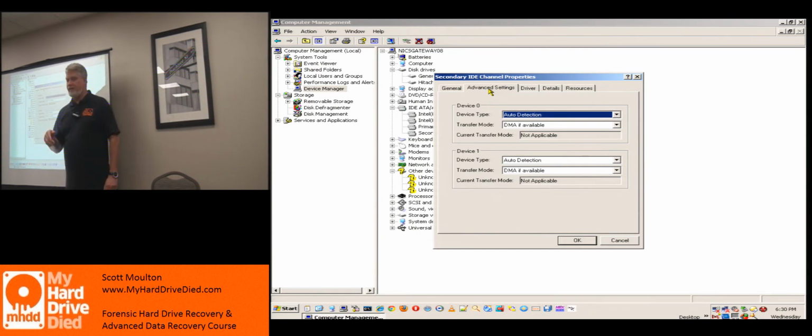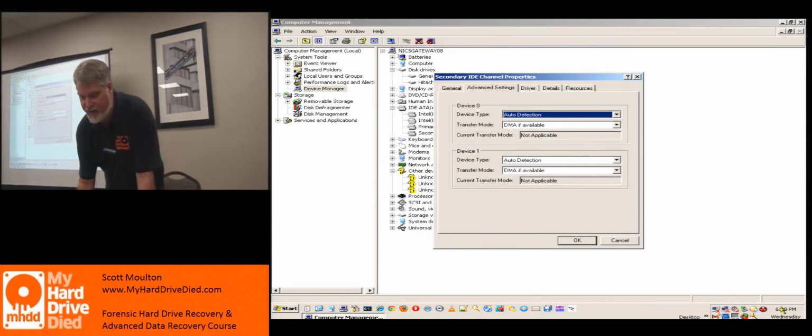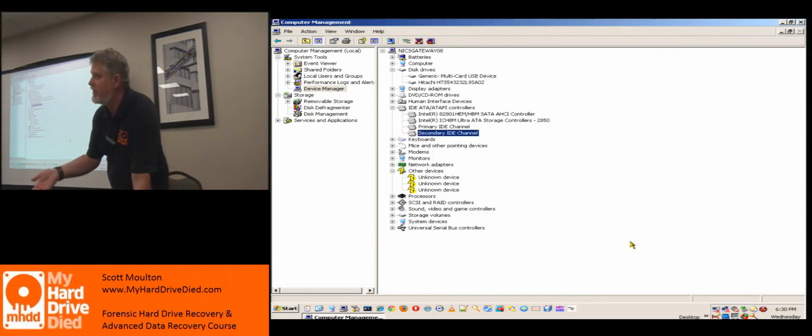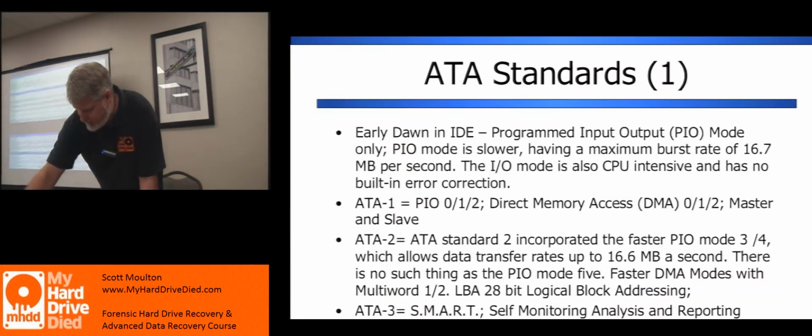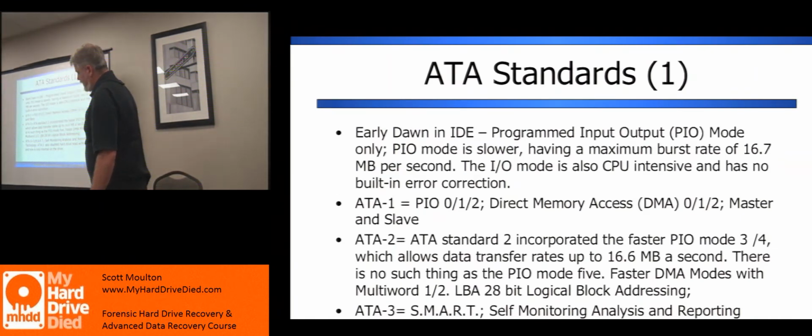Get my point? This is the whole point, these things exist. So this is the poor man's approach. Now if you're in Linux, you use hdparm. You can use hdparm to set your parameters, and you can switch to PIO mode. You just can't do it on your primary controller because you're booted on it. Okay? Everybody good? Long explanation.